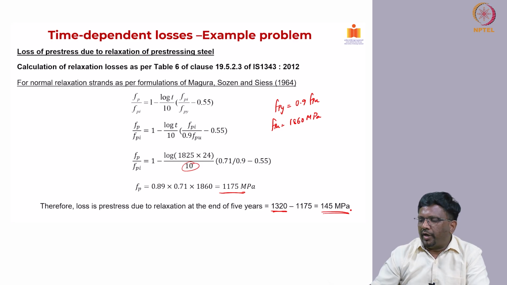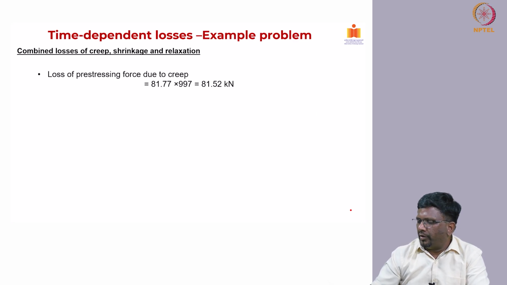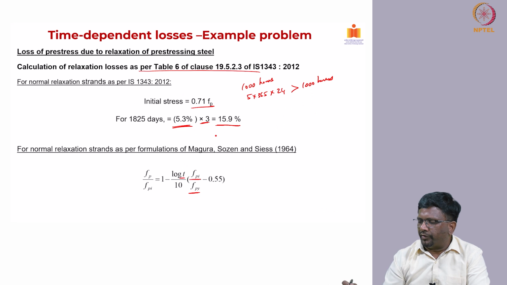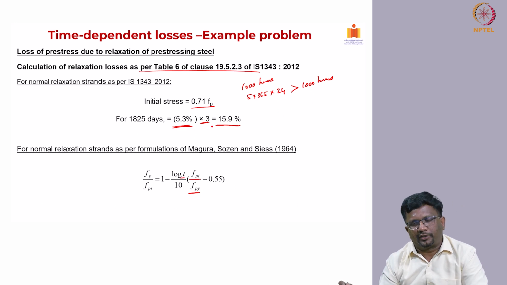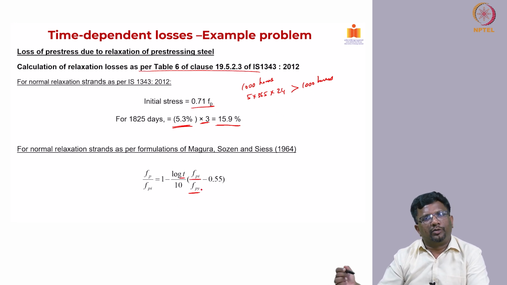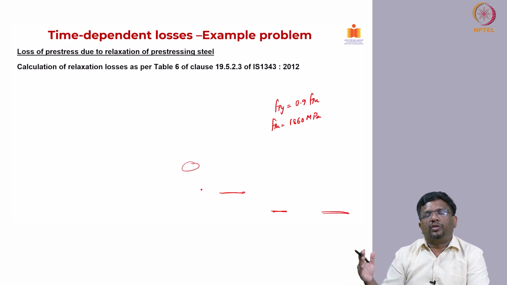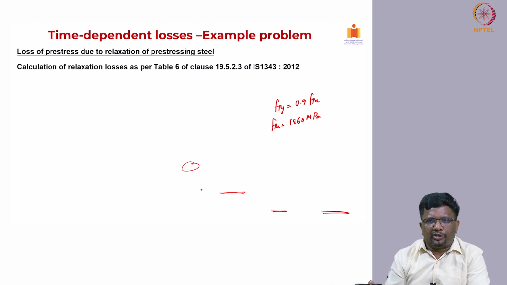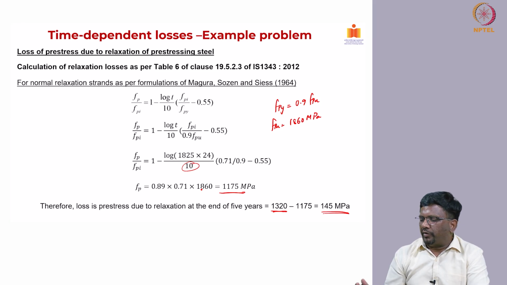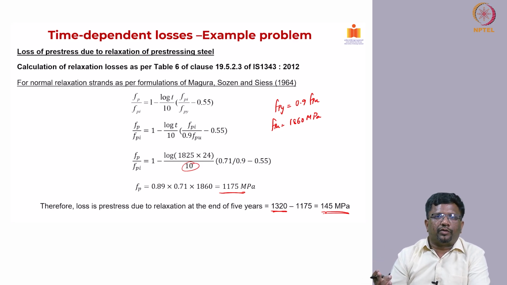That means 145 megapascal of stress is lost because of relaxation at the end of 5 years. But the code value from the previous slide works out to be only 15.9%, which is on the higher side, while using this equation you will end up with a lower value. So, always when you are dealing with more than 1000 hours, I strongly recommend using the equation, and that will give you a more accurate representation of your relaxation loss. Now that we have calculated the loss because of relaxation, the loss in pre-stress due to creep, and the loss from shrinkage,